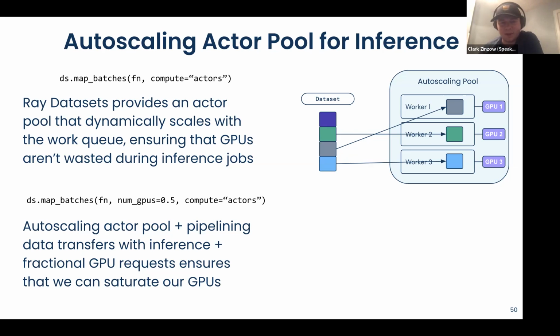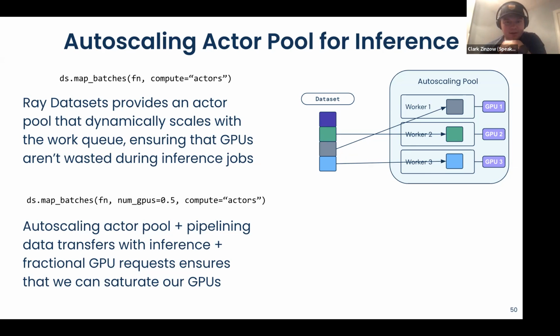You might have to wait for an actor to become available. You might have a fully utilized cluster. And so doing a static allocation of a pool would be pretty wasteful. And if you block on the allocation of that pool, you might just be sitting there waiting for a long time for actors that you don't actually need. So making this dynamic based on the work queue size has some advantages.